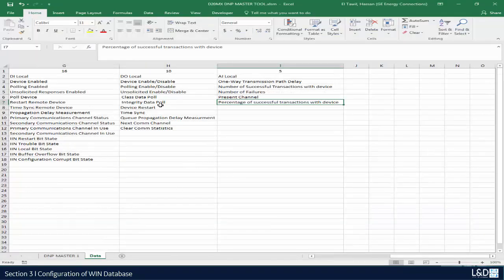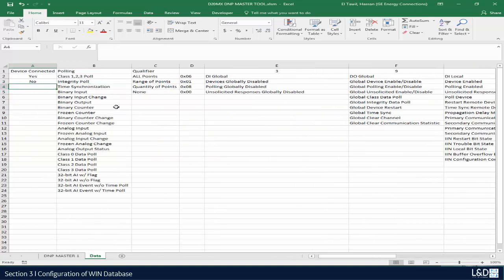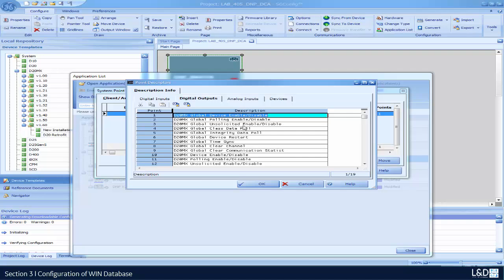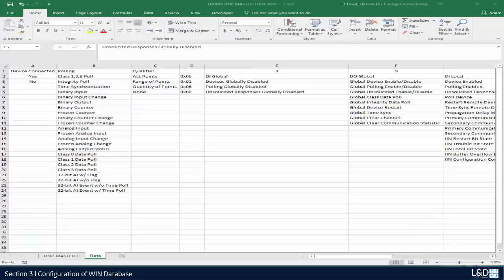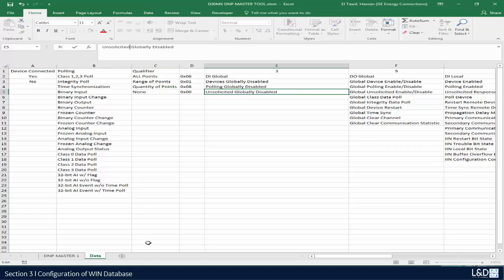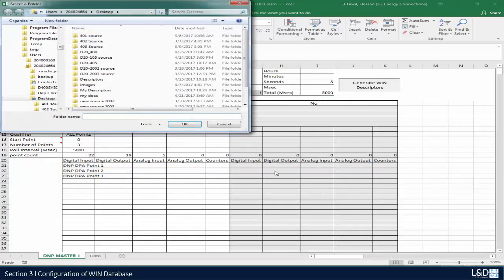So let's say you go to the data sheet and there is a naming that you don't like. For example, this digital input is going beyond what's allowed due to the addition of the prefix of the D20-MX. And so it's going beyond a little, and you just want to drop the word globally in here, or drop the word responses for unsolicited. That's very easy. You just go into the Excel sheet, fix it, and click save. You can generate again,